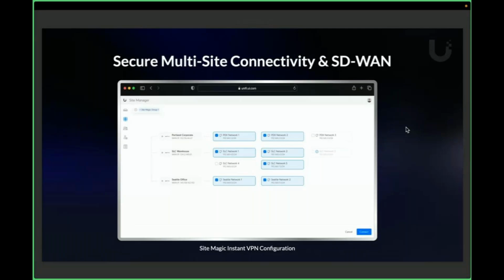All right, so getting into some of the other technologies, such as our VPN technologies. As I mentioned, last year we launched the SiteMagic SD-WAN application. This is built into Site Manager. Basically, this is running a combination of two things. It's WireGuard for VPN between different sites to create these tunnels with scalability in mind, as well as OSPF routing